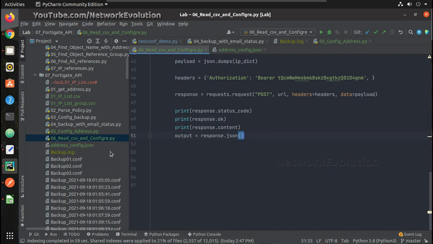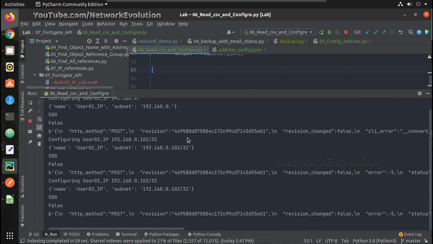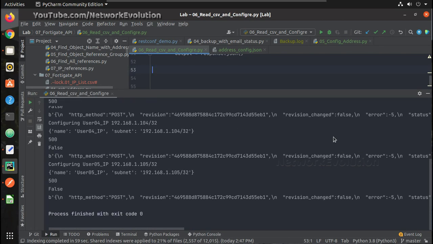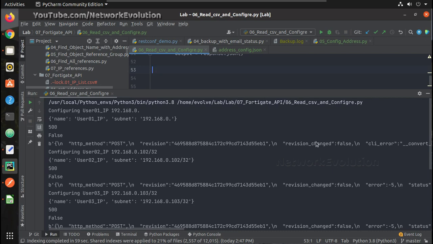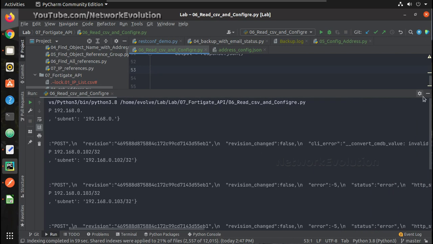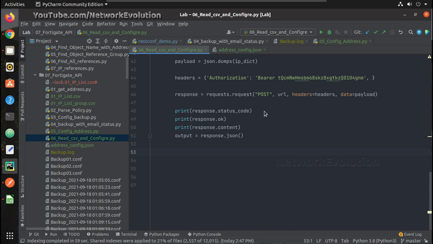Maybe in all these cases you can just capture the error code and then create conditions in the script to handle each error. Now for CLI error I'll show an example. Now let me comment this part and I'll type if CLI error exists in the output,